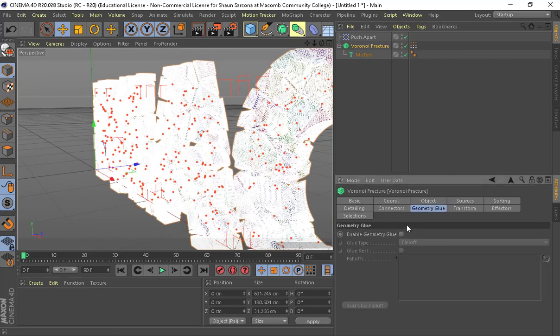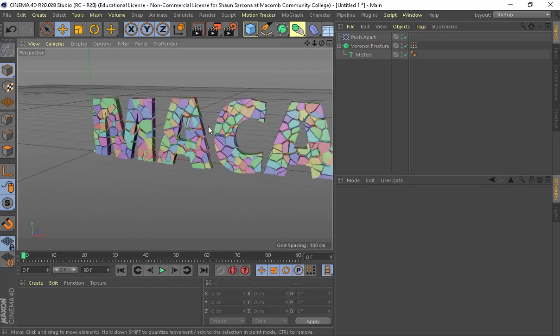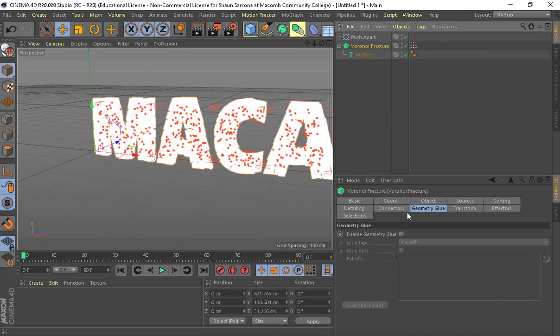I could also do geometry glue. Sometimes you may want some pieces to actually be glued together. This creates a nice organic shape to your stuff. Instead of each of these being tiny pieces like this, you may have this top chunk of the C that's all stuck together. And so as it breaks and falls apart, it would create these nice shapes. Now again, all of these are things that you should just look at and play with as you get